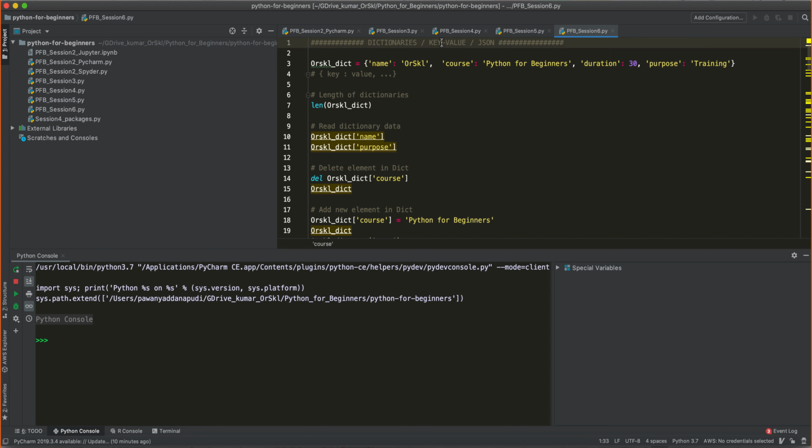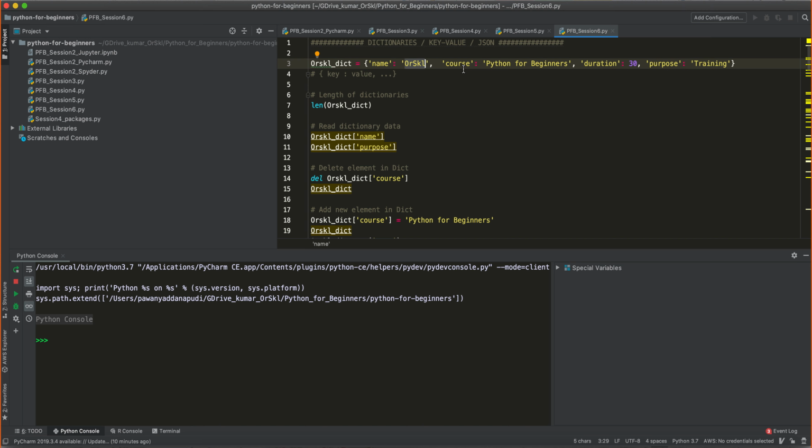A JSON is always made of a key, and it is always made of a value. Just like name: if name is a key, your actual name is the value. If location is the key, wherever you belong to becomes the value. If education is the key, whatever is your graduation level becomes the value. If company is the key, whichever company you work for becomes the value. If programming language is the key, whatever languages you know, like Python, R, SQL, Ruby on Rails, Scala, those become values inside that key.